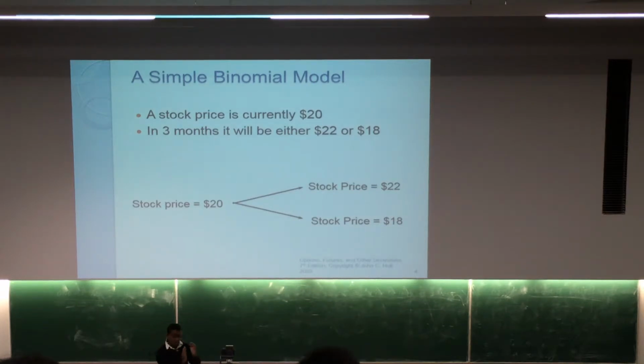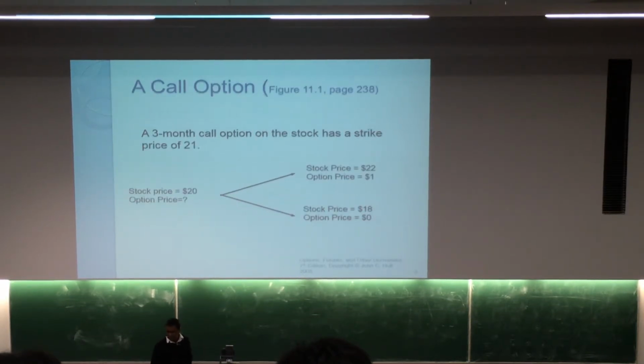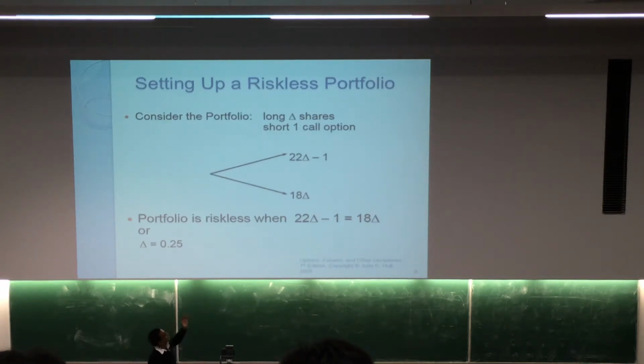What we are making is, we create a portfolio in such a way that the portfolio's value would be the same irrespective of the fluctuations in the stock, whether that is 22 or 18. For that we identified the correct portfolio, which is nothing but finding the delta value. In this example we understood that the final value of the option could be 1 or 0, and we created a portfolio that involves buying a certain number of stocks and selling a single call option.